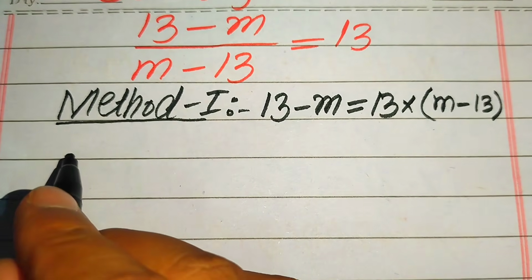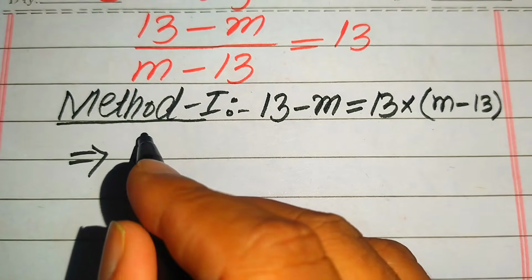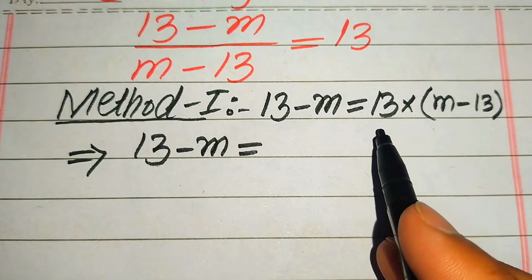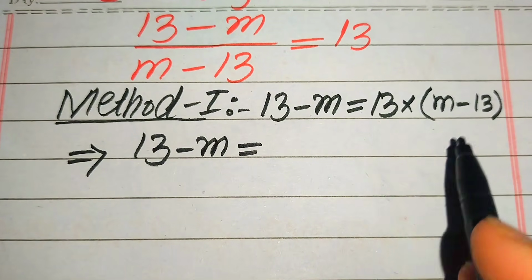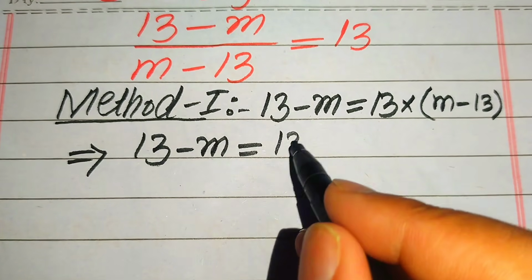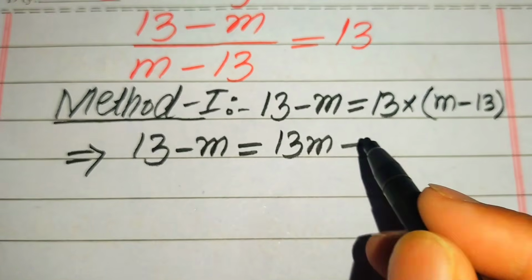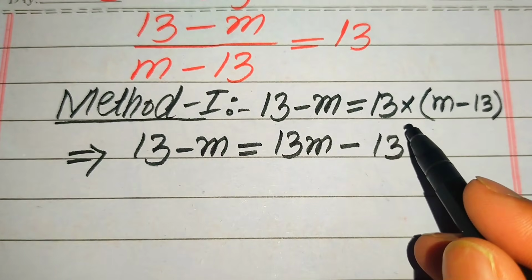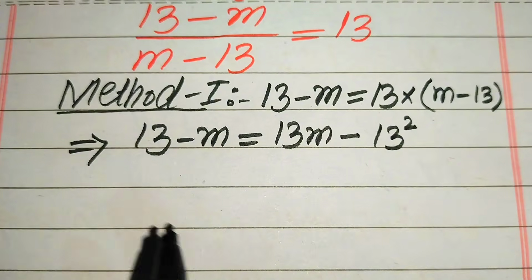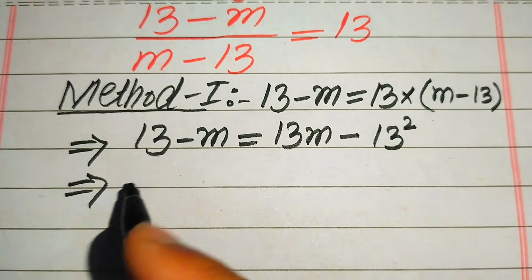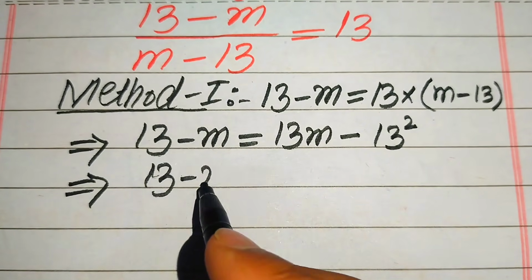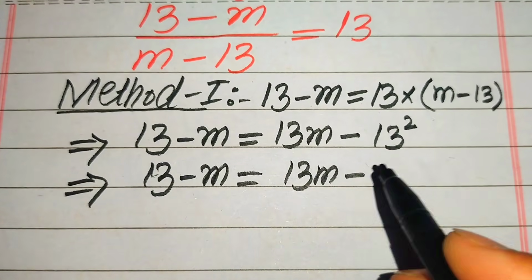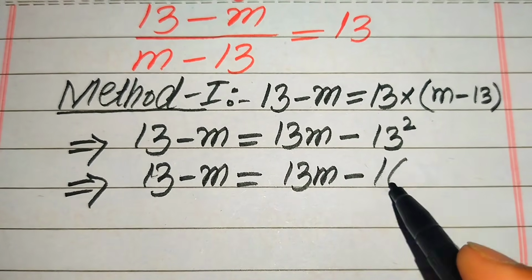Further, in the next step, we multiply this 13 on both of these two values and we obtain 13 times m minus 13 multiplied by 13, which becomes 13 squared. So we get 13 minus m equals 13m minus 13 squared,